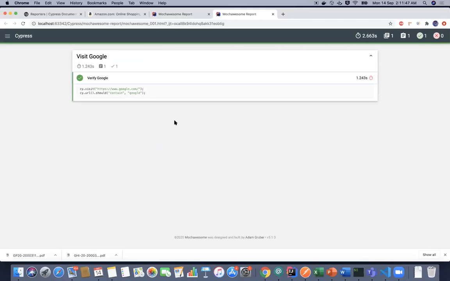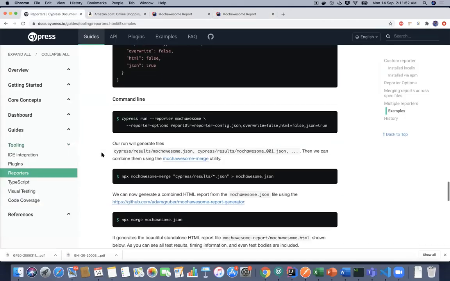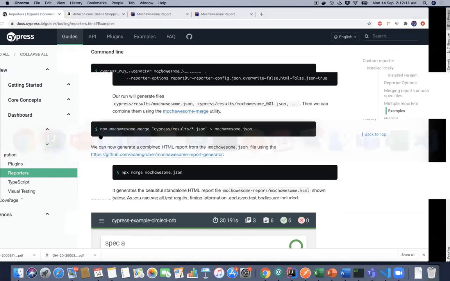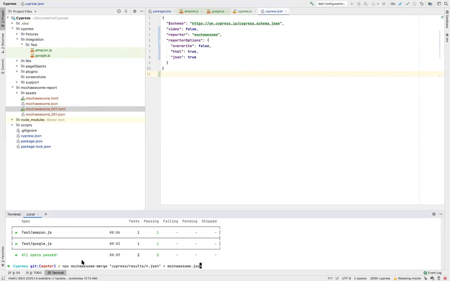Now the next step that the Cypress guys have given to generate the consolidated report is that I have to run this command, npx mochawesome-merge. It will merge all the JSON files which are inside the default folder. Okay, so let's run it. Now I have to change the reporting location since I'm using the default reporting location of Cypress.